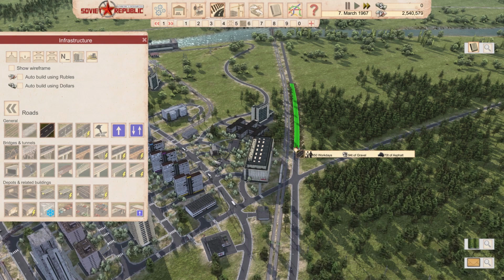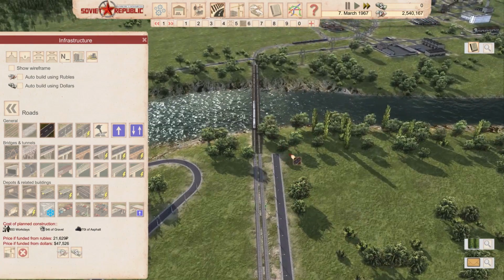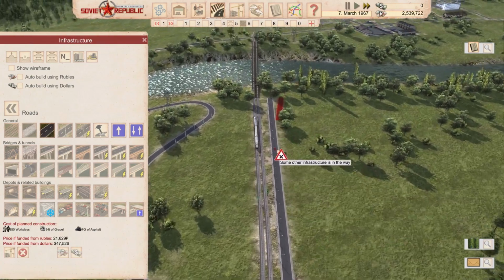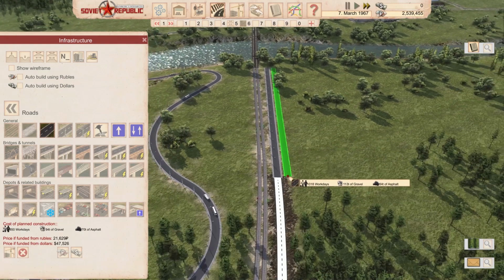But there's a thing I found out that I can do here. Okay, this is okay. So let's try to build this road parallel. Okay, this is a little bit too generous. They're actually just highways, so I'm not...